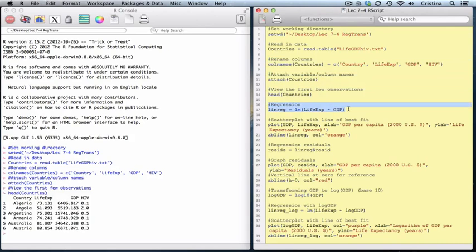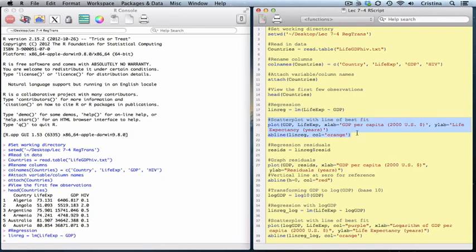We are interested in life expectancy as a linear function of GDP, so we will begin with the command lm to obtain the line of best fit, or the regression equation. Recall that the form for an lm equation is response tilde predictor, so we will enter life exp tilde GDP. Now we can plot the data in a scatter plot with the predictor variable GDP as the first entry and the response variable life exp as the second, and plot the line of best fit, which is saved under linreg,